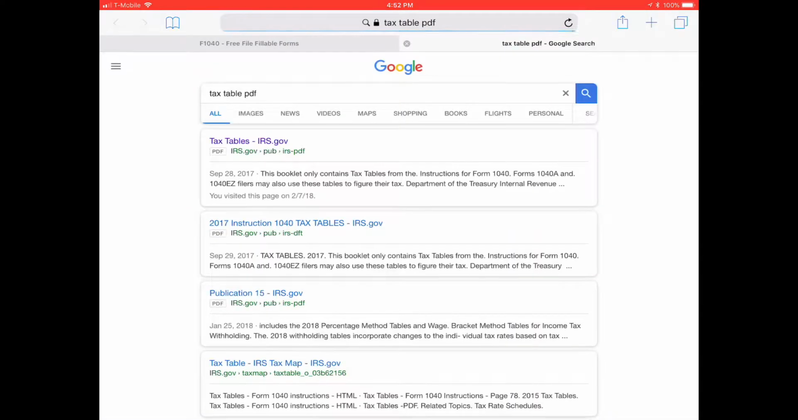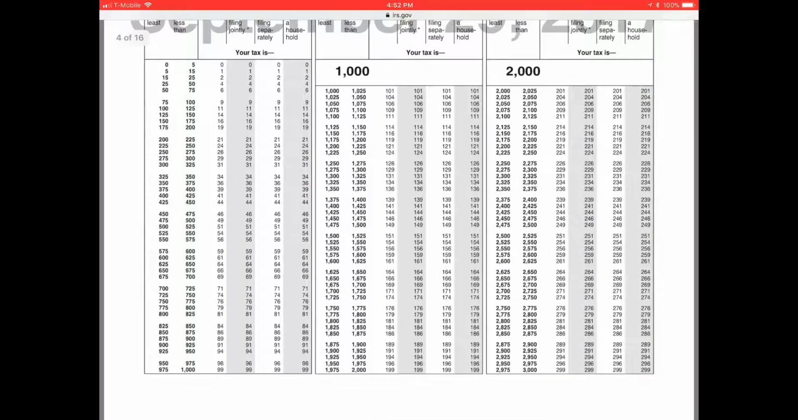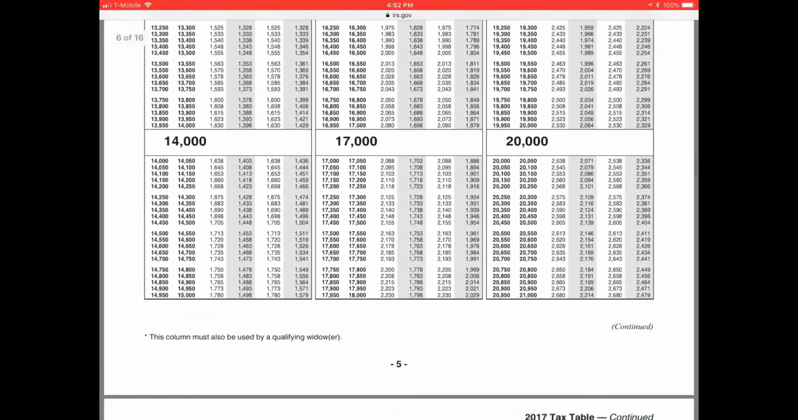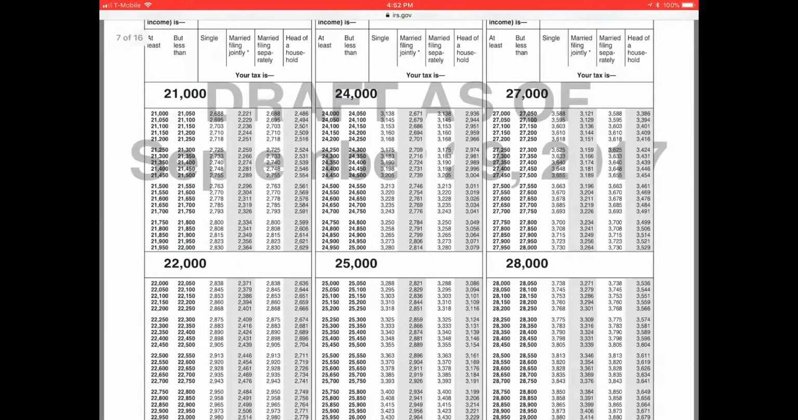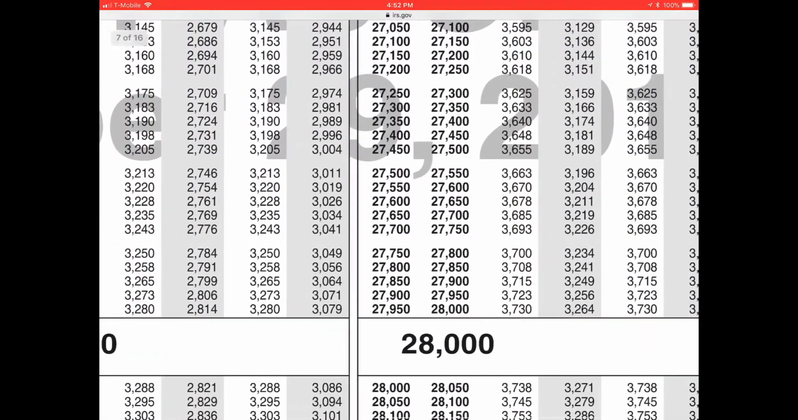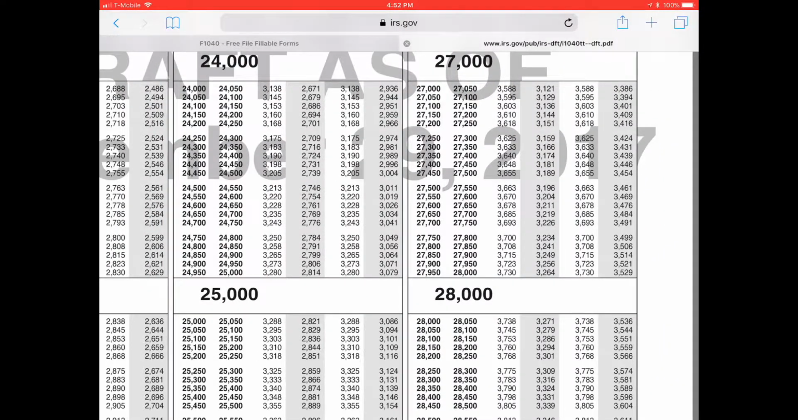Now we're going to go to tax tables, tax table PDF, make sure it's for 2017. The very first one usually is the one. Takes a little while. Okay, so there we go. It's 2017 now. The way you use them, on top of each page, you find your status. In this case, it's head of household, and then you find the square or the rectangle that has your income range. So for 27,000 ranges,